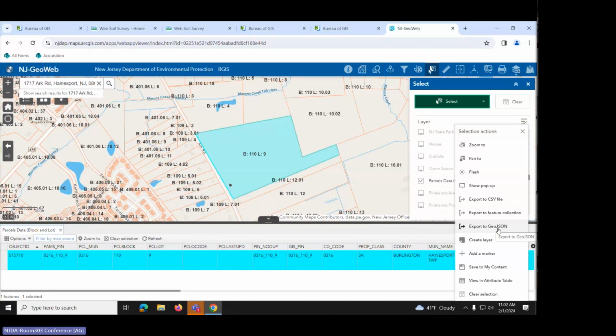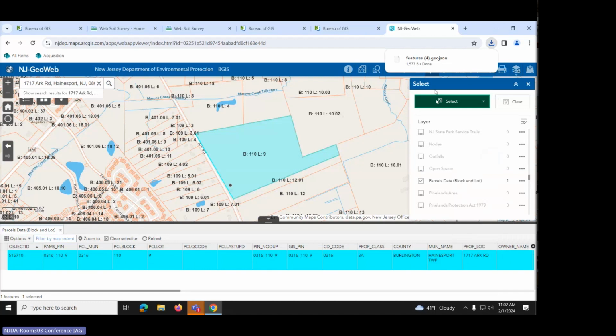But if you click on export to GeoJSON, you'll notice that up here where your downloads go, this file name goes up there. Now we know that we have downloaded these boundaries to this GeoJSON. The next thing that you have to do is open up a new window because we're going